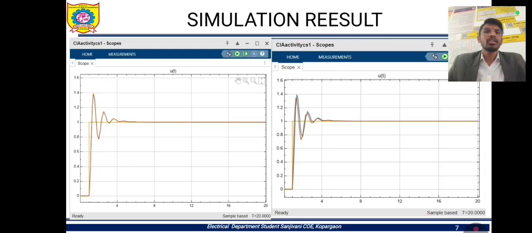This PD controller has a faster response, and its settling time is also fast, and this is a stable controller signal, and this red line shows the PD controller,